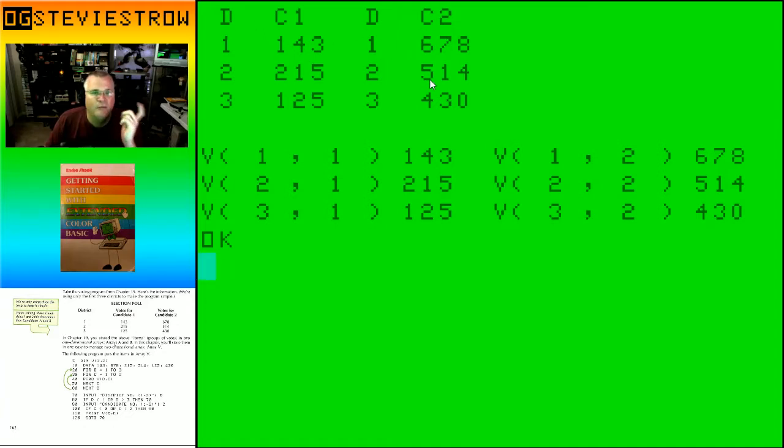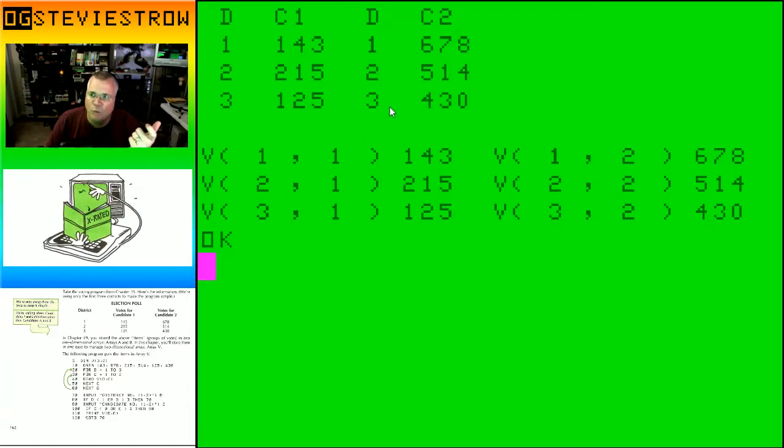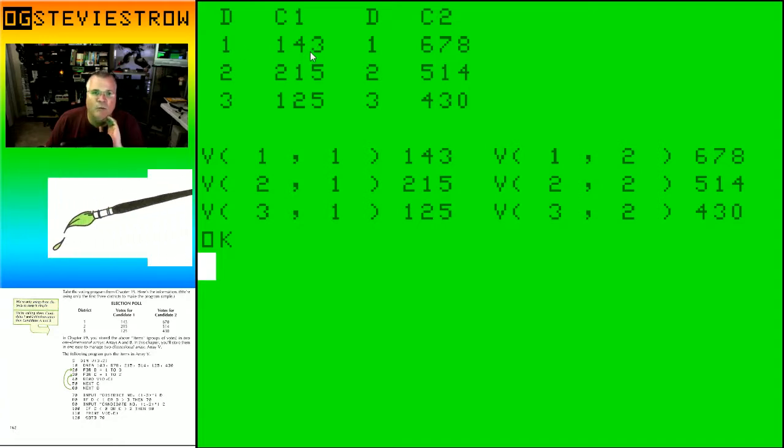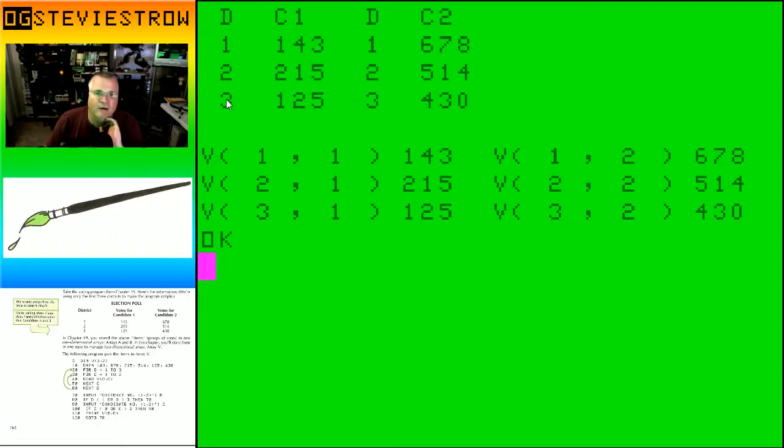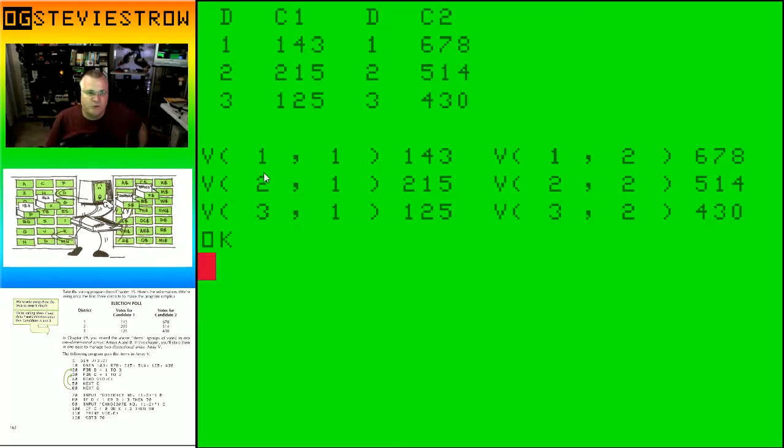But the way the program was having you type it in, rather than just displaying that information for you in these easy to read columns, it wanted to ask you a bunch of questions and just give you one of these 6 numbers. So it would say what district, what candidate, and if you put in District 1, Candidate 1, it would spit out 143, and so on and so forth. And I found that to be a lot of rigmarole going around in circles just to see one number. I know they're trying to illustrate the concept that things are stored in arrays. The second thing I tried to do was to show it to you a little bit more visually on how